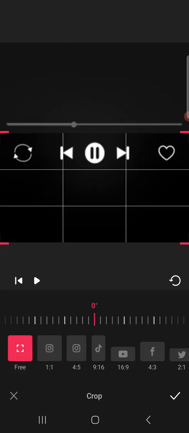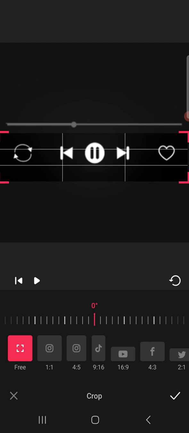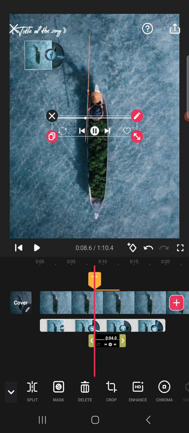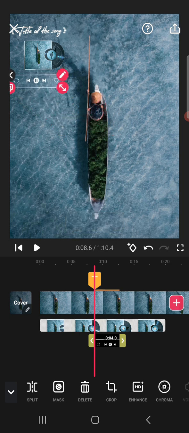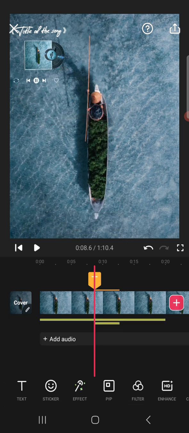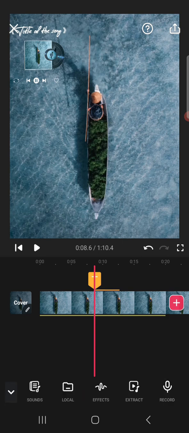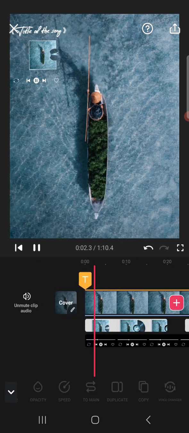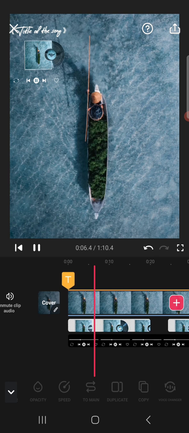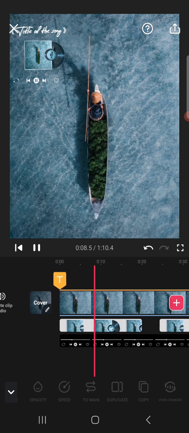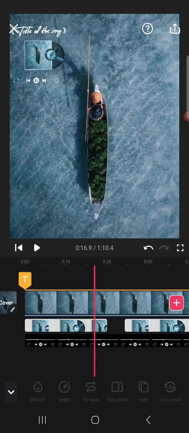Okay, and we will be just needing the icons of the player, not the length of it playing. And then resize it again. Okay, yeah, that's it. There you go. And then let's add some audio. That's it. There you go. You just need to input your own captions or lyrics at the middle or the bottom of